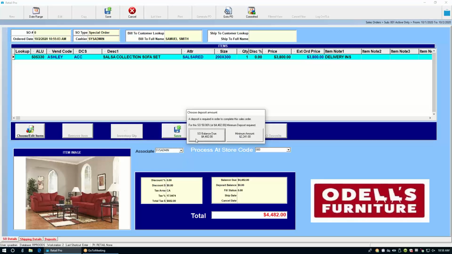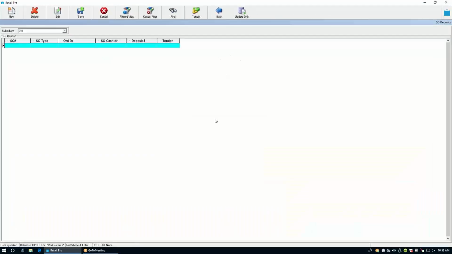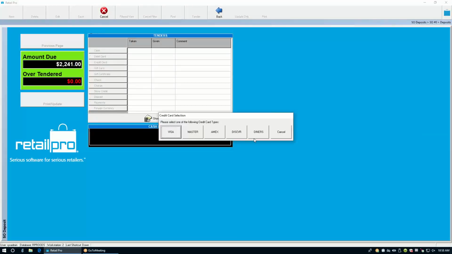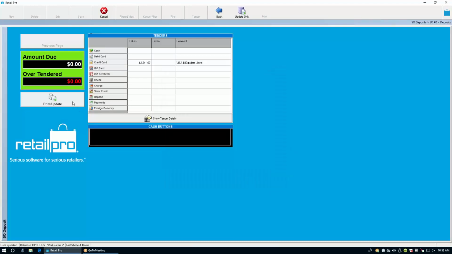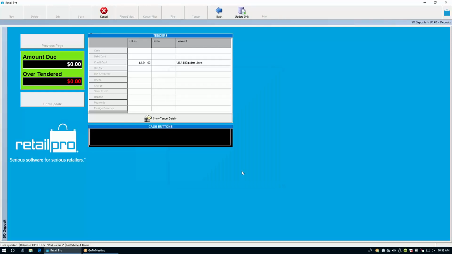I've got it set to do either the full amount or 50% down as a minimum. And if I choose the 50% down, because we're going to deliver it, we're going to do the other half when we show up at their door. We would just tender it out. If you ran a credit card, it knows that a Visa starts with a 4. I don't have to choose Visa here. It would just automatically know that it goes with a 4, and it goes out for an approval or a decline, and it would print the receipt,